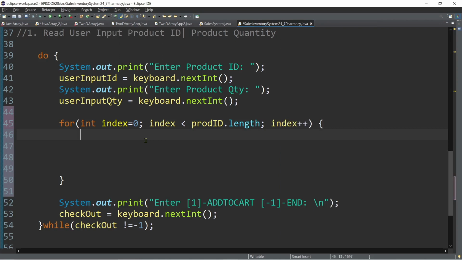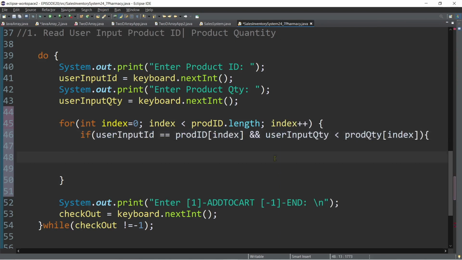So for example, we have now an input, the if statement asking us to double check if the user input ID here is equal to the product ID sub 0. Since we are now in the loop, for instance, we are checking if the user input is the first element, so prodID sub 0. So if it is equal, our next